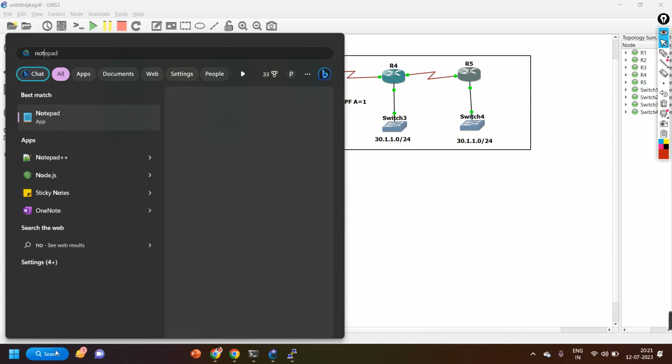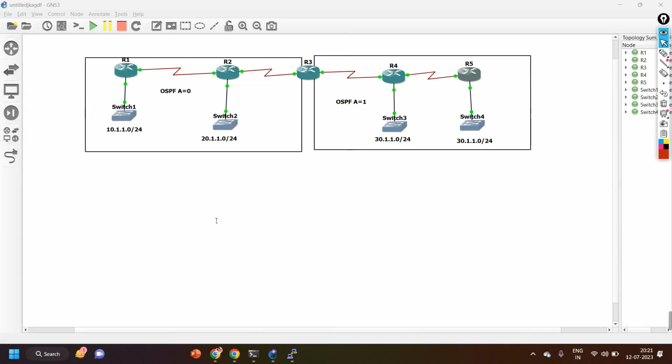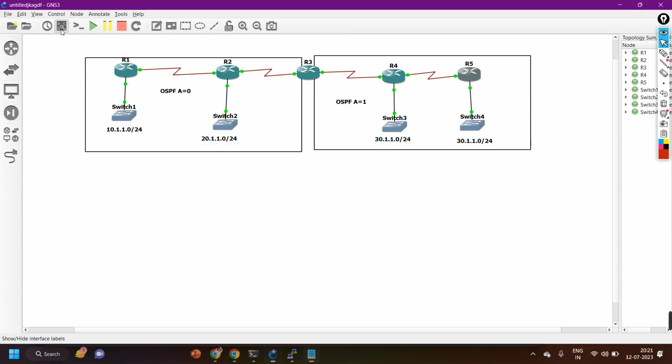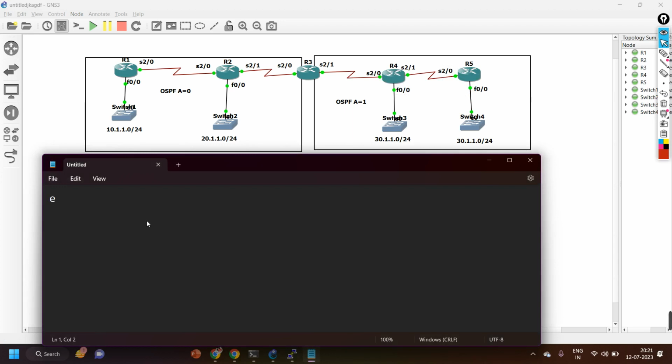I'm going to show you practically as well everything. First of all, let me write command here. And where is interface? This is serial 0/0. This is F0/0. This is serial 0/0. This is serial 2/1. Here we have 0/0. This is 2/1. 0/0. Okay, so now router number 1, let me write command here, enable